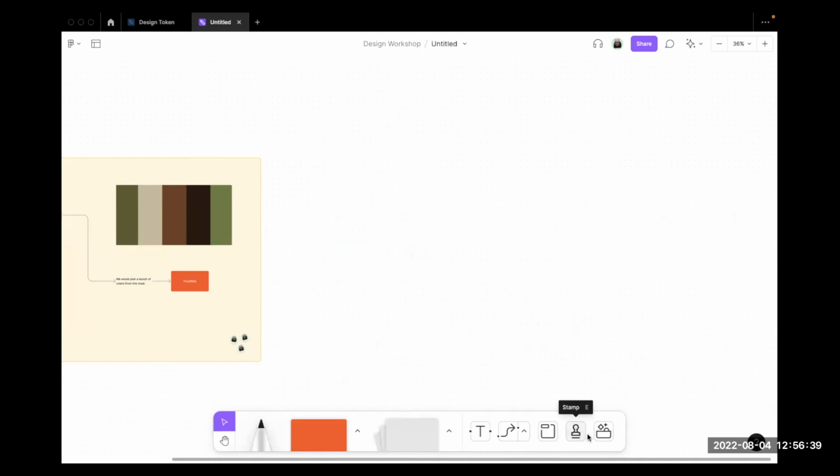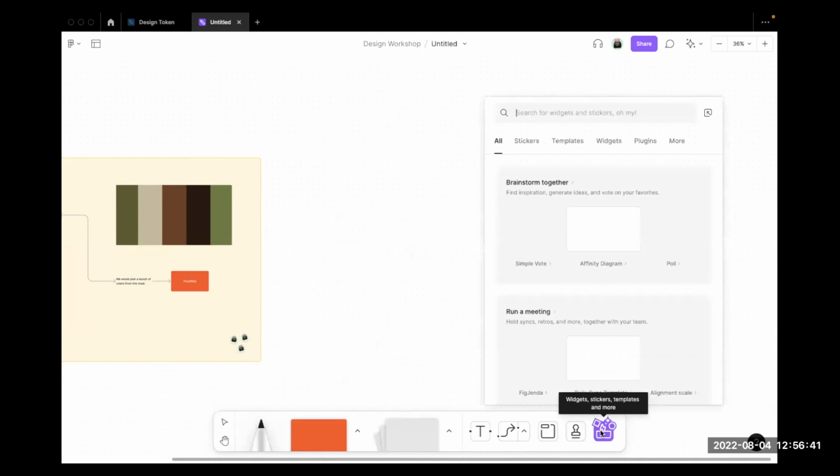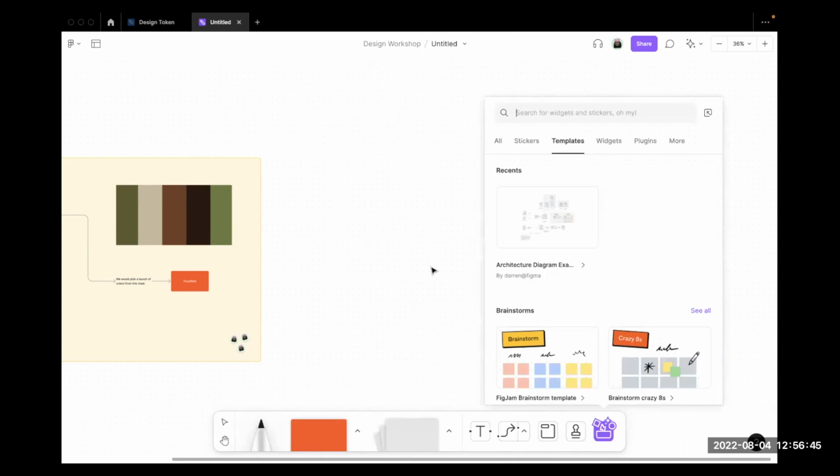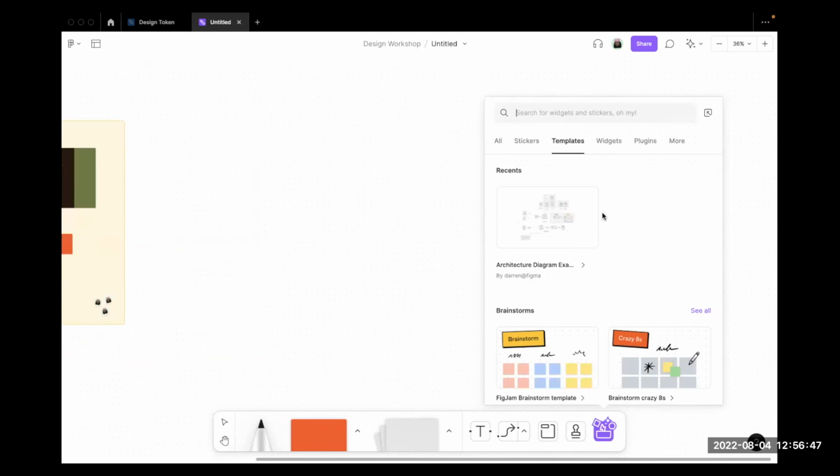Then let's go to widgets and templates. I think one of the most important parts here is the templates because I definitely use this a lot. As you can see, recent. This is the most recent option I use. Trying to make you understand that